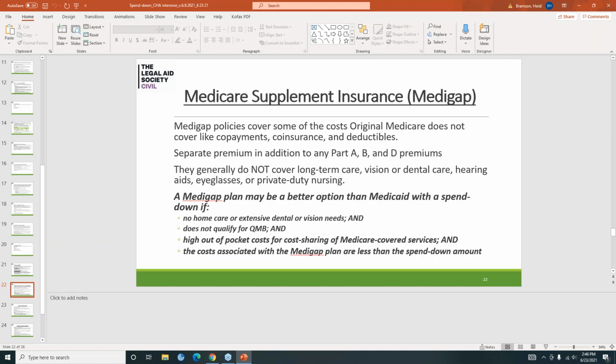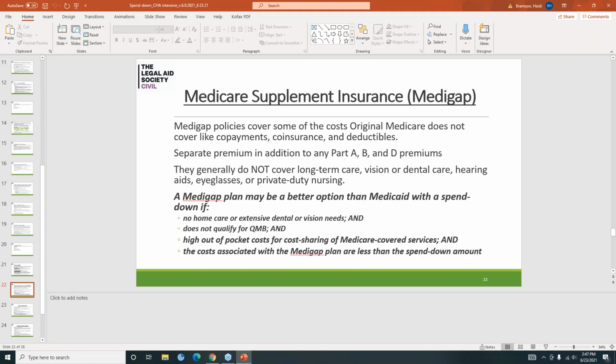And the consumer is paying a premium on the Medigap policy, so that premium is in addition to any other premium that the consumer is paying for their Medicare. So again, how much is that spend down amount versus how much am I going to pay for my Medigap premium? And there's a calculation that has to happen as to what makes more sense financially, what makes more sense depending on what the consumer's needs are.